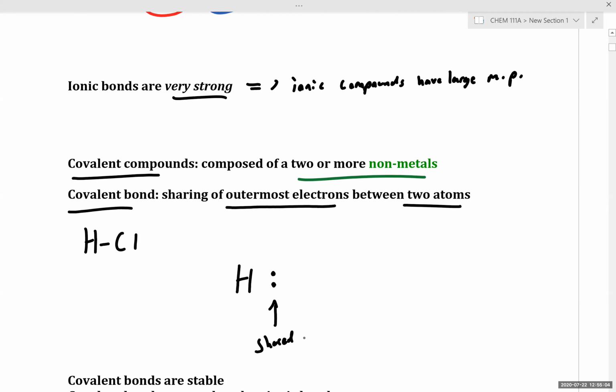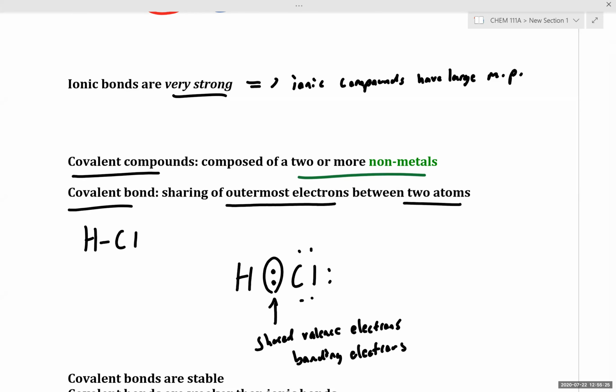These are known as shared valence electrons, otherwise known as bonding electrons. So in covalent bonds, we are sharing electrons between two atoms, and it's these shared electrons that form the basis